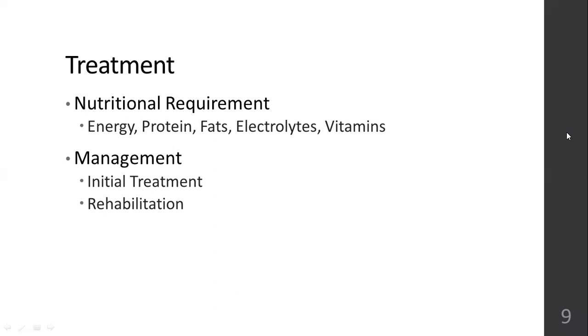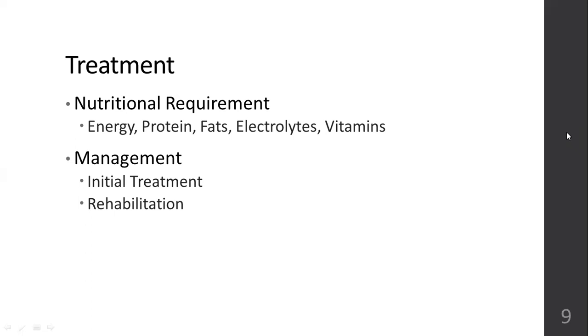Rehabilitation will be done in the general pediatric ward when the child is out of danger. When the child is out of life-threatening conditions, the child will be shifted to a regular ward, and from there, if any infections are still persistent, antibiotics or antivirals will continue. Along with that, now we can focus more on nutrition, how to rehabilitate the child nutritionally, how to bring back the growth and the weight in the child. Weight gain is of importance here.